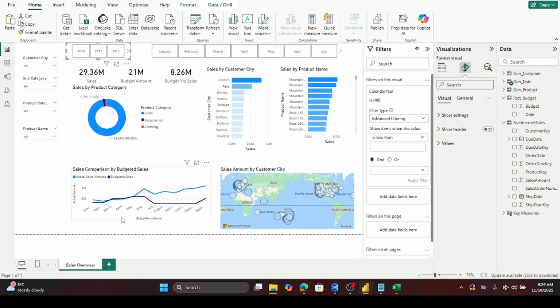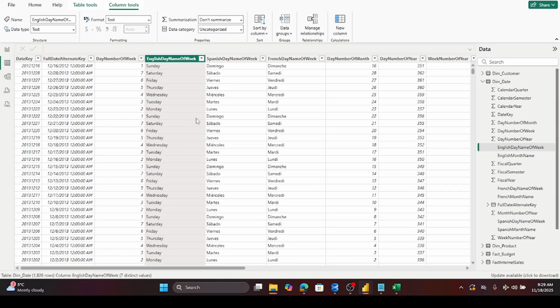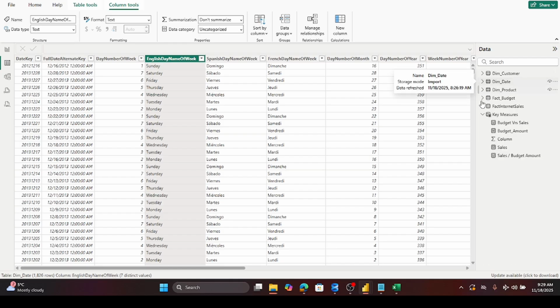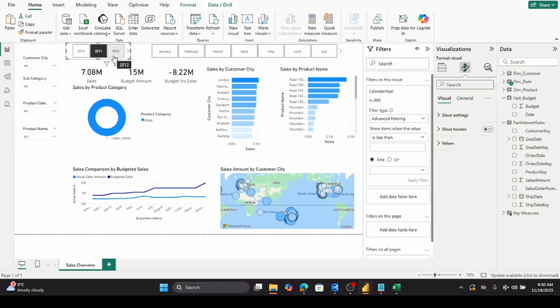Basically, comparison would be, we know that we only have the data for 2011. That's how we can see, we can go here and in the budget table, fact underscore budget. If you see fact underscore budget, we have only 2011 and 2012 data. So that's how we,